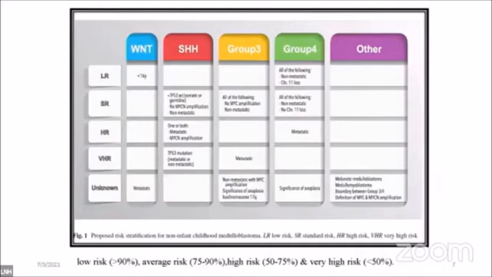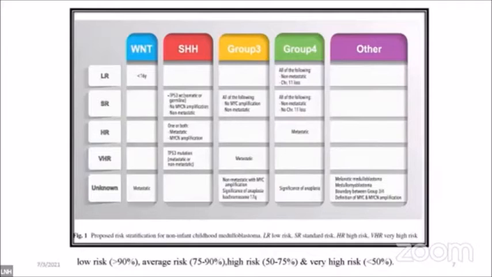And if you look at it, in the low risk we have the WNT group, and we have people of group 4, which was previously described as the average group. If these are patients with chromosome 11 changes, they are considered to be very low risk patients. And should we be giving them the same amount of radiation? Should we be giving them the same amount of chemotherapy? So patients who come in WNT and don't have any metastasis, people in group 4 who don't have any metastasis, and there is a loss or a gain of one chromosome,